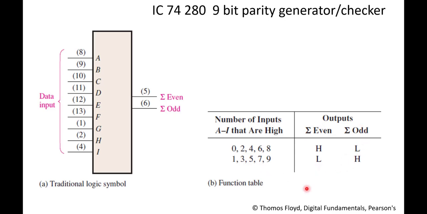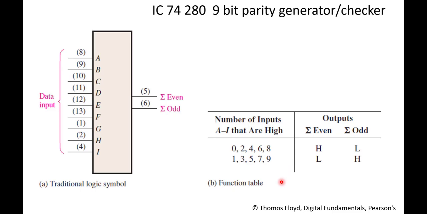If you look at here, you can use odd output for the even parity generator, because when an even number of ones are there, your odd output is low. That means your parity bit is 0. When you consider even parity, when you are having an even number of ones, your parity bit should be 0. Your odd is producing output 0. That means you can use odd output for generating the even parity.